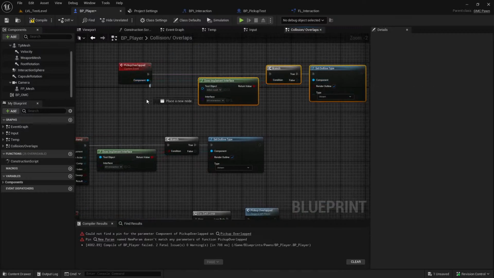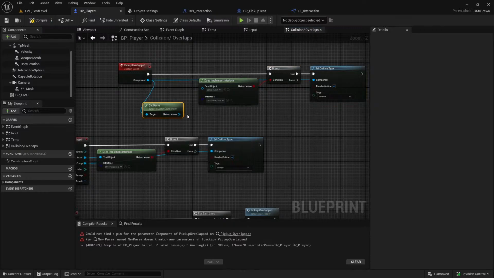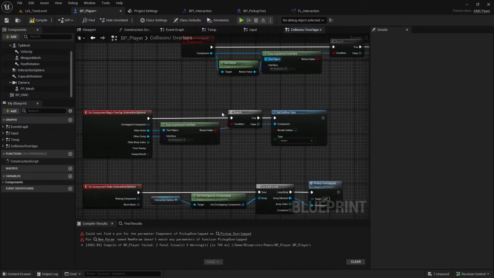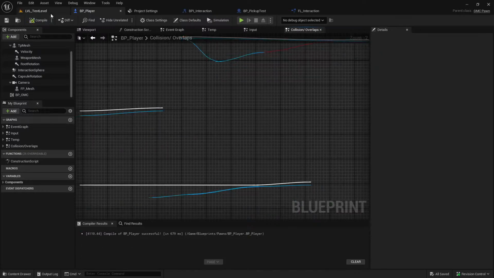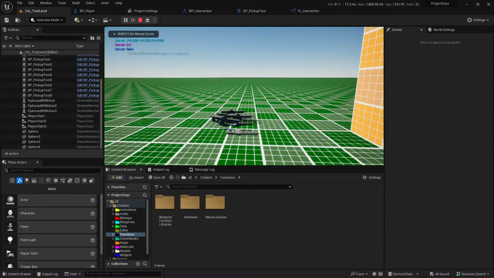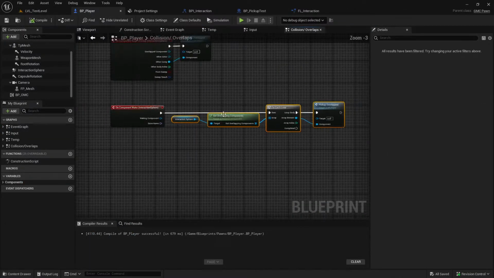Then we can get actor. Yeah, that's what we can do. And then in this case we can just call that exact same function for overlapped other component, and in theory it don't work. Let's see. True, because it's not going to have any overlapping components when